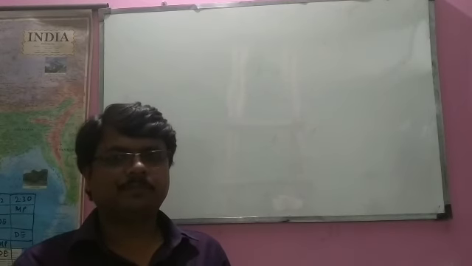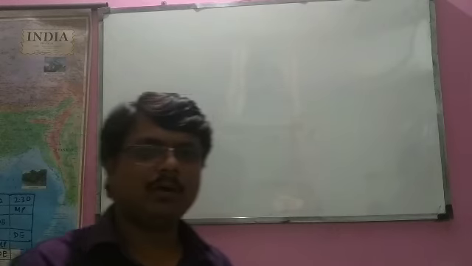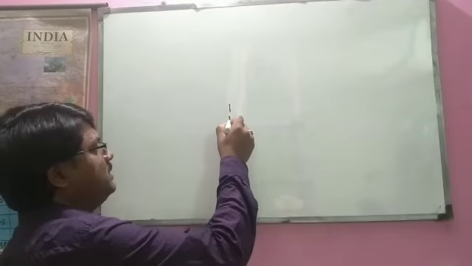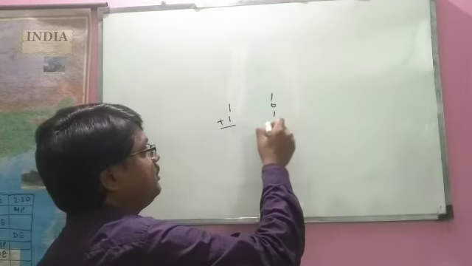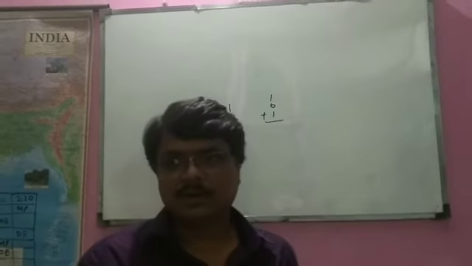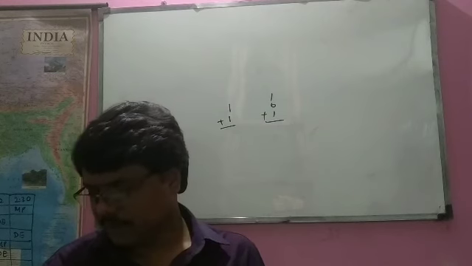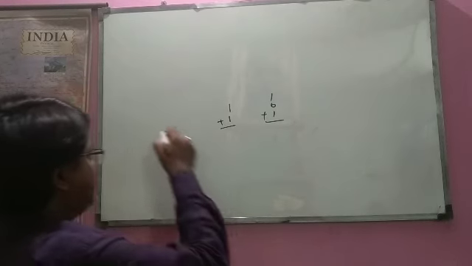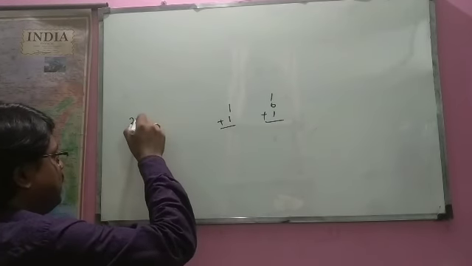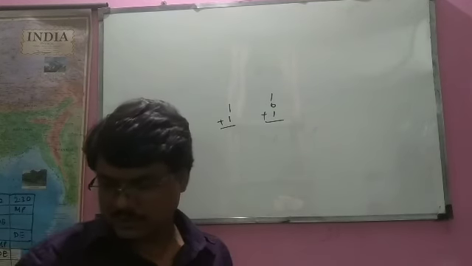Okay, so in the previous two lectures we have watched the half adder and the full adder. Half adders add 2 bits at a time, and a full adder adds 3 bits at a time. But neither of these two is a real adder. If someone says we have to add some real numbers, let us suppose 25 plus 34, then what will happen?